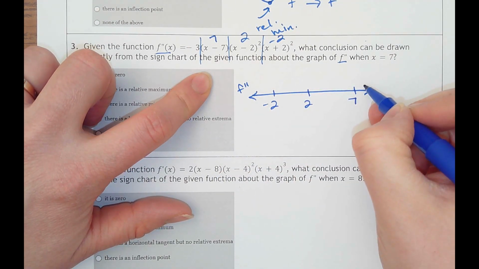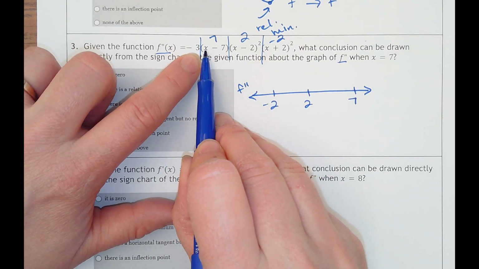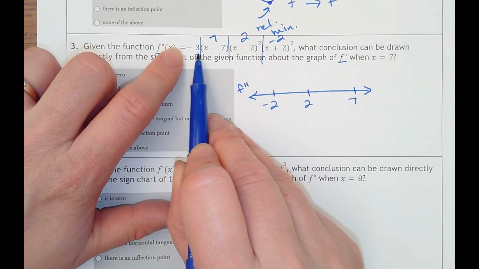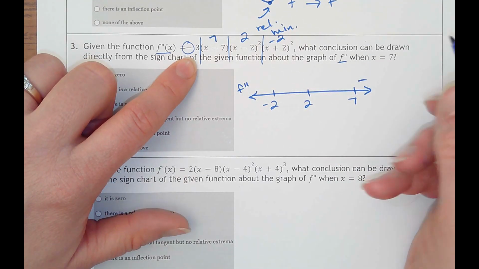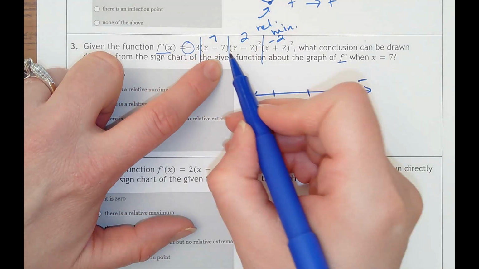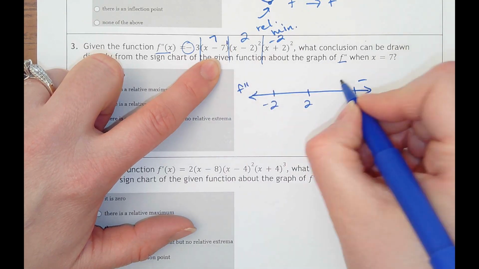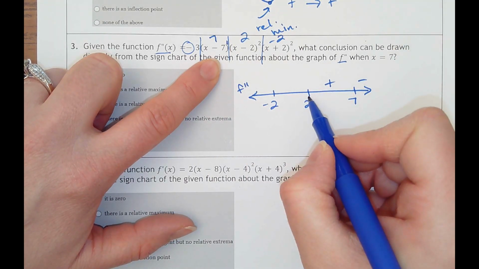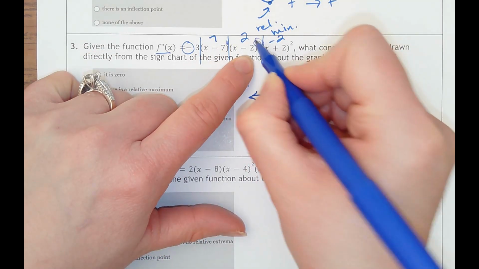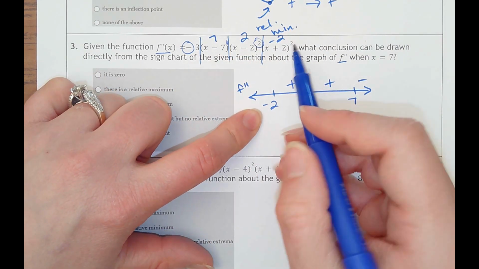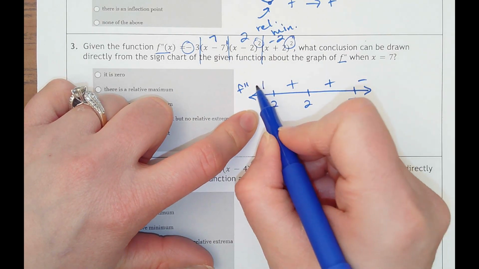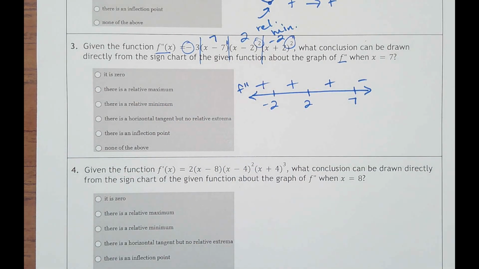If I plugged in 8, that would be positive, positive, positive, but times this negative here would make that negative. At 7, if I look at multiplicity, that's to the first power, so that would cross through. At x minus 2, that's an even multiplicity, so it would bounce and be the same sign. And then -2 is a multiplicity of 2, so it would bounce again. So when x is 7,